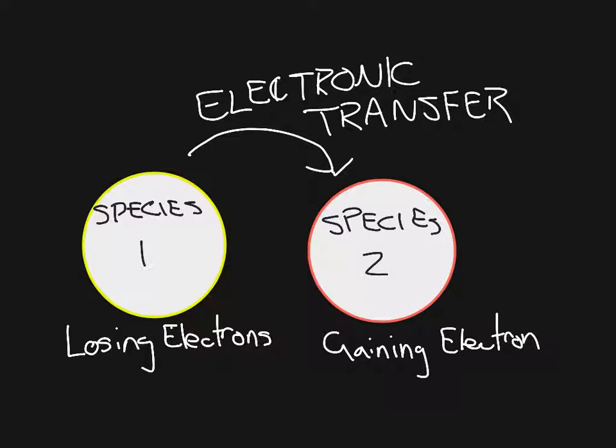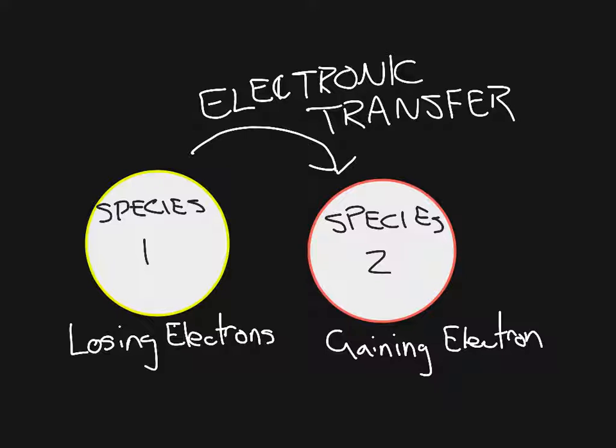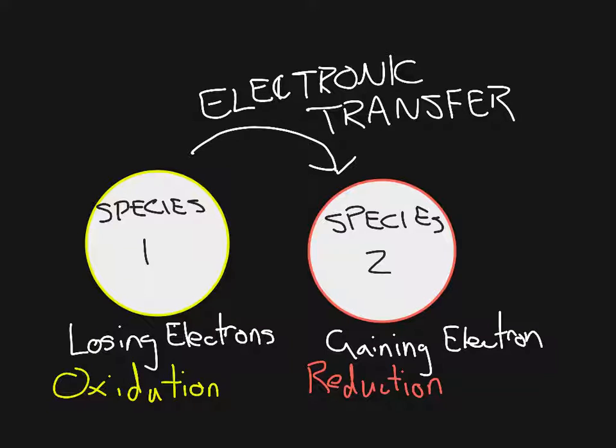So if I just move this picture up here, that's not working very well. Okay. The terminology of losing electrons is actually oxidation in this case. And the term of gaining electrons is actually called reduction. So I'm going to try and keep these colors consistent. Now, if I go on to the next slide,